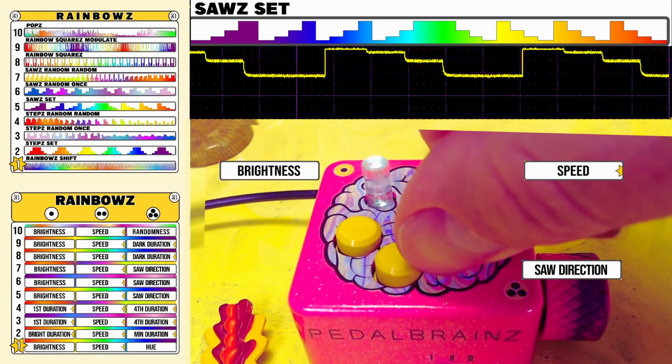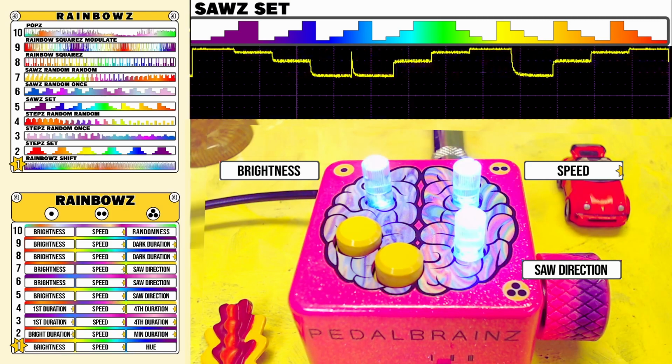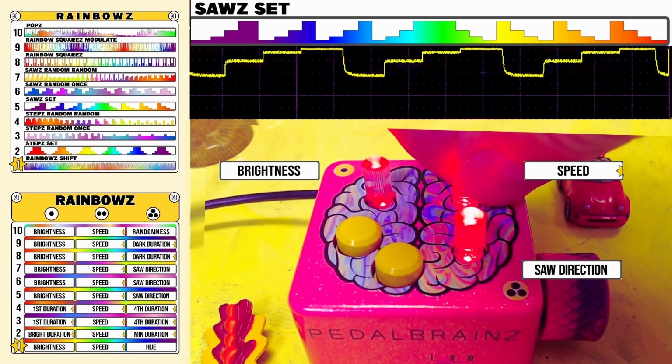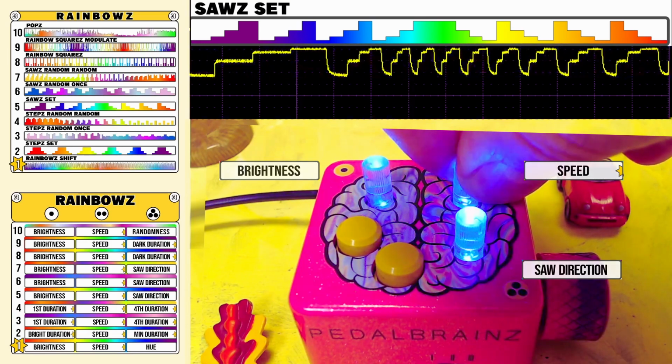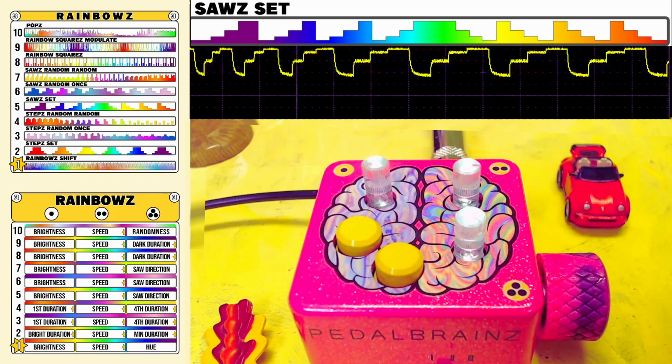We turn knob 3 clockwise, we now see the steps going upward with control over the speed using knob 2. And that's Mode 5,